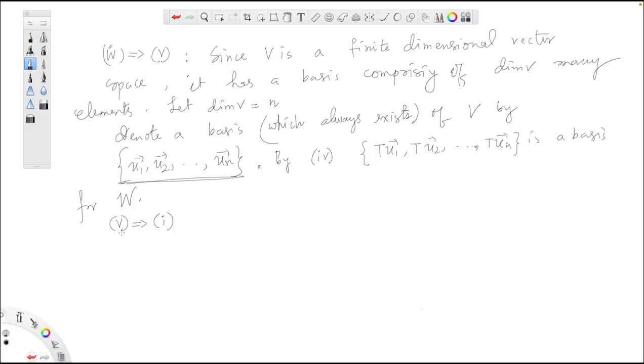So let's start with the hypothesis. Suppose there is some basis u1, u2 all the way up to un of the vector space V such that